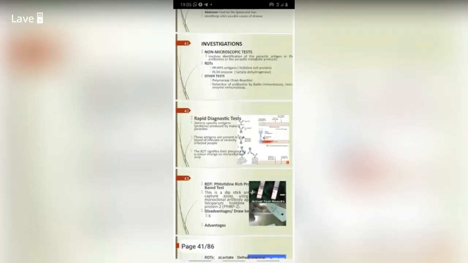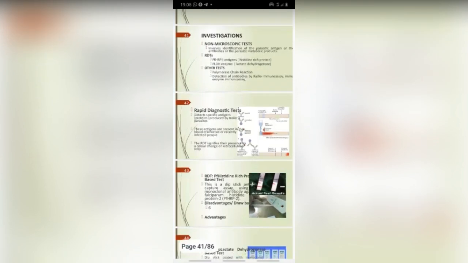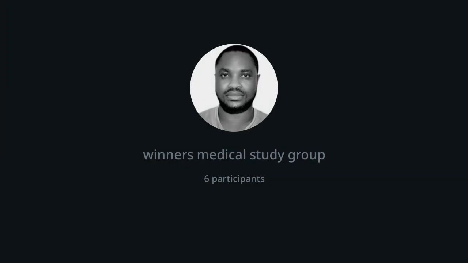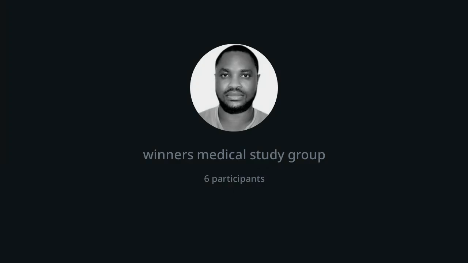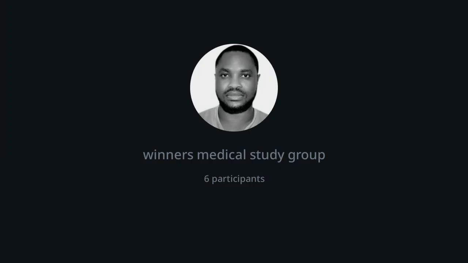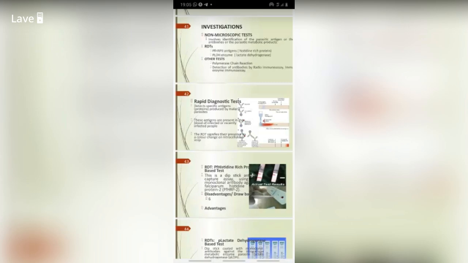Of course, you should know that if a child is brought into the ward unconscious and while examining the child, you smell kerosene, then you will not be thinking of malaria first, but you'll be thinking of maybe organophosphate poisoning. So that's the essence of a general overview of the child before you start thinking about malaria. So investigations, we have non-microscopic tests,